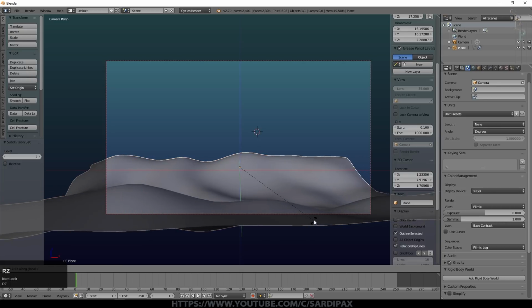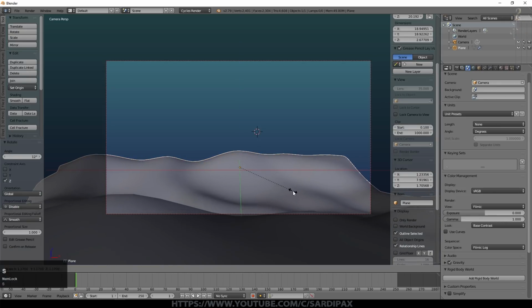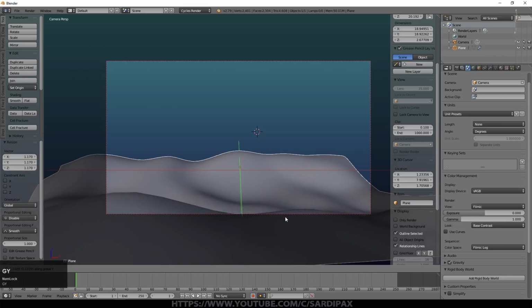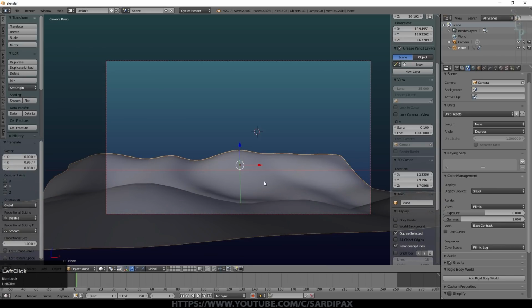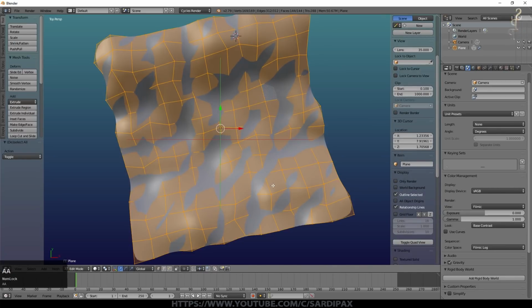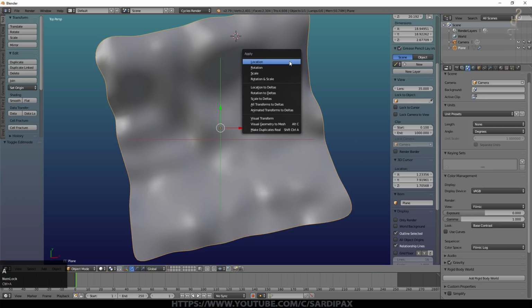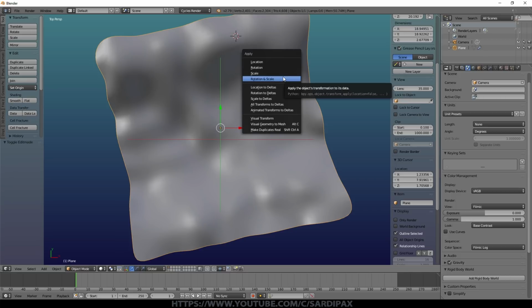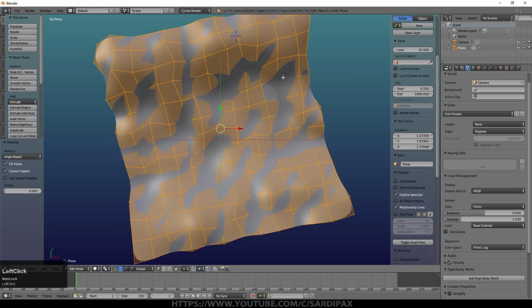I'm going to rotate it on the Z axis now and perhaps scale it up a little more. Just pushing it in and out a little. It's really just to get something interesting. Select all the vertices and just press U and unwrap it. It's a very simple shape. You may get a warning like this. If you don't like that warning, just come out of edit mode and Control A to apply rotation and scale, and then do it again and you won't get that warning.